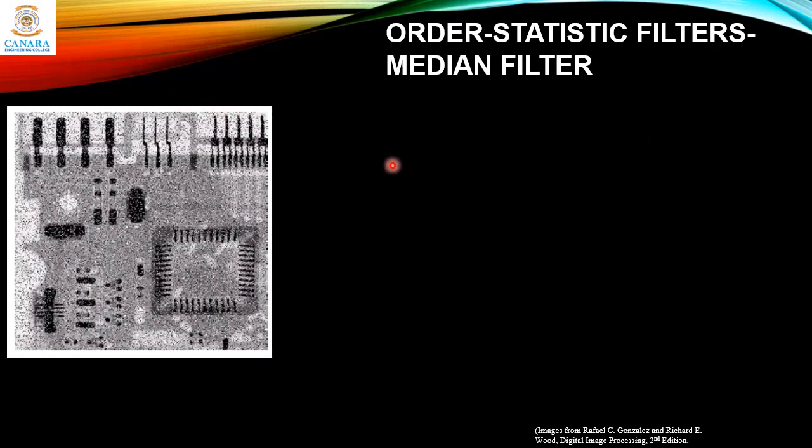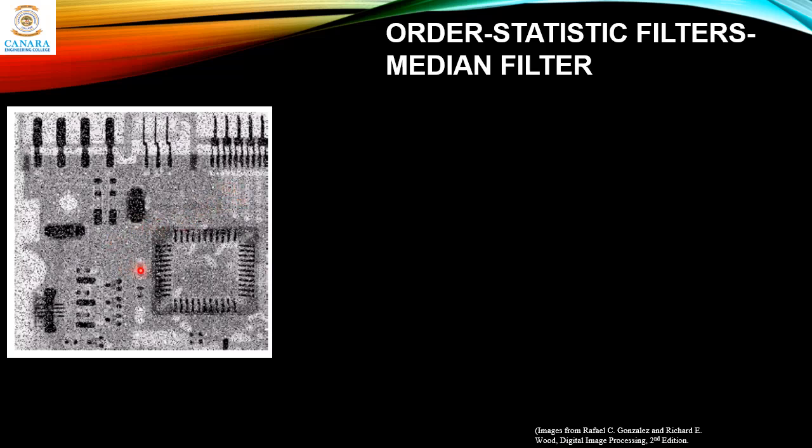Let us understand the difference between a median filter and an averaging filter. Both of them are smoothing filters, but how they operate is quite different, and the result of using a median filter or an average filter on this will be quite different. So this is a PCB image, and you can see it's noisy. The noise corrupting this image is salt and pepper noise, also called impulse noise, because you have spots of very high and very low spikes, that is impulses, either black or white.